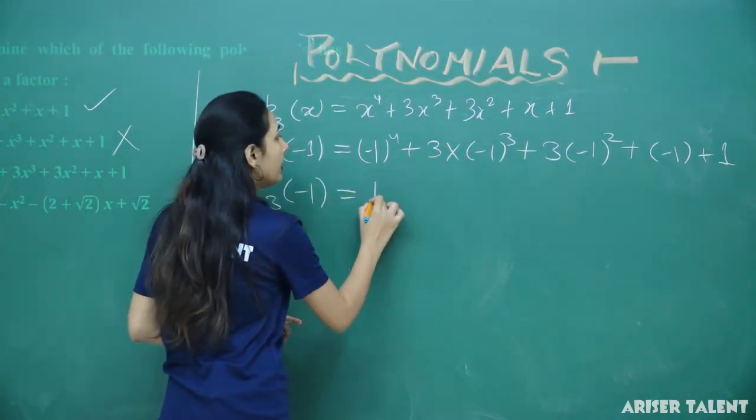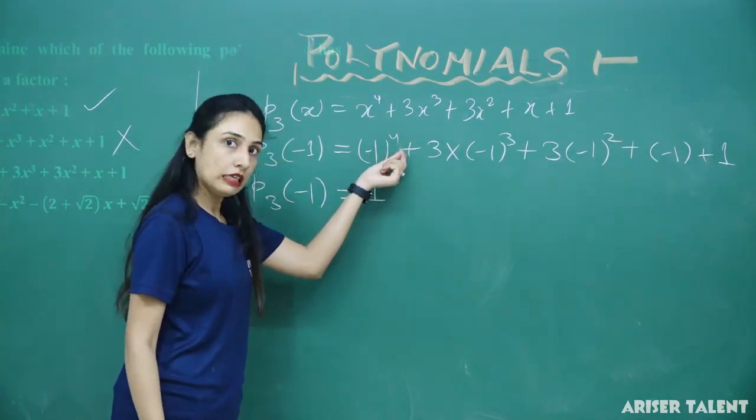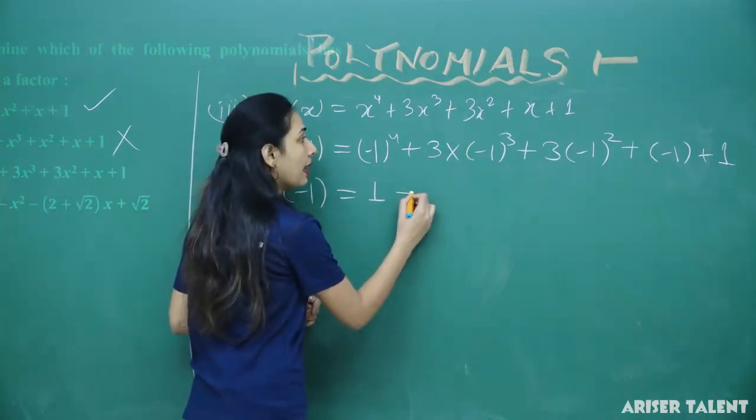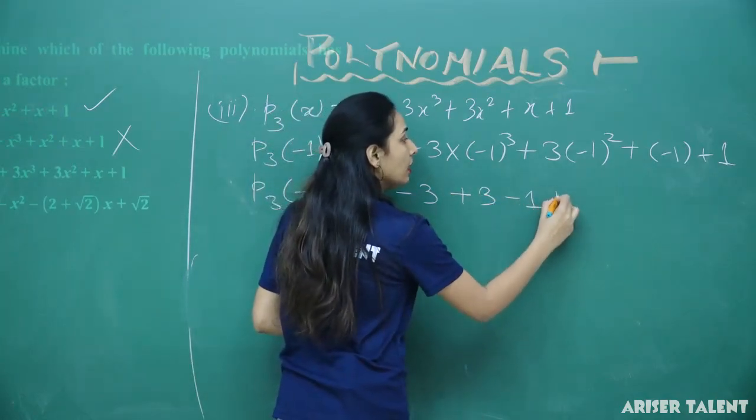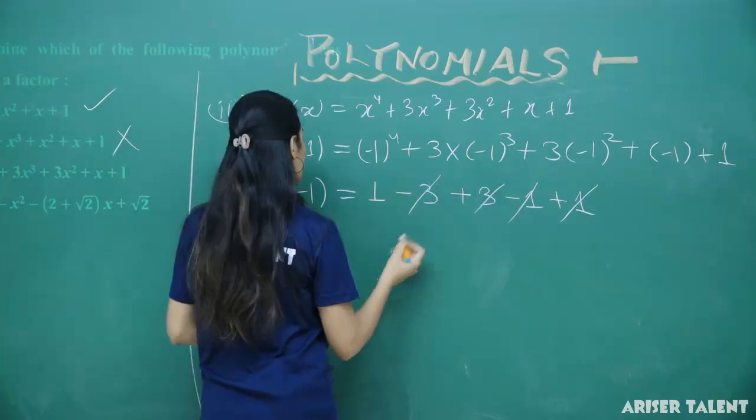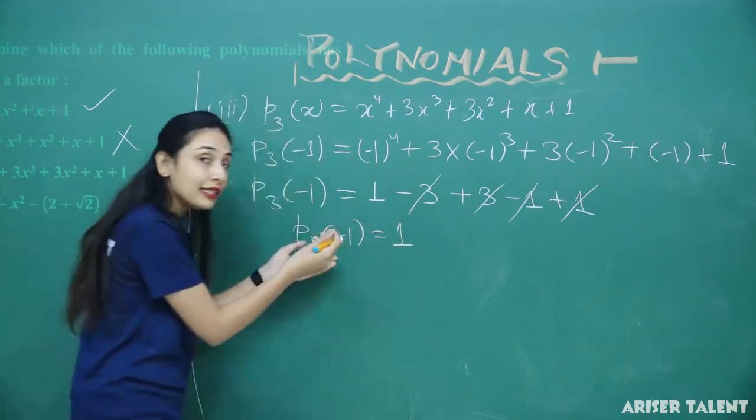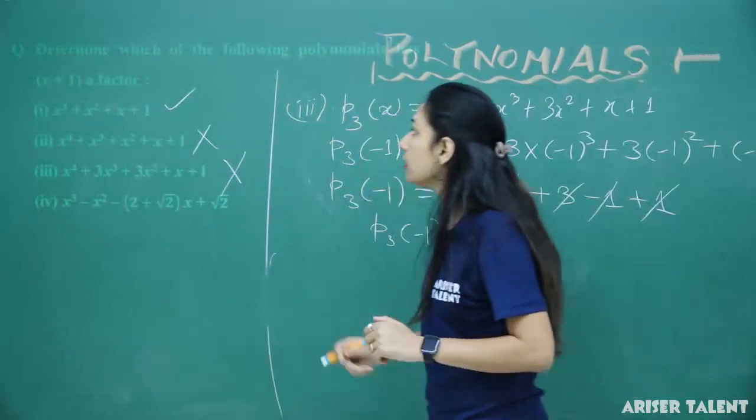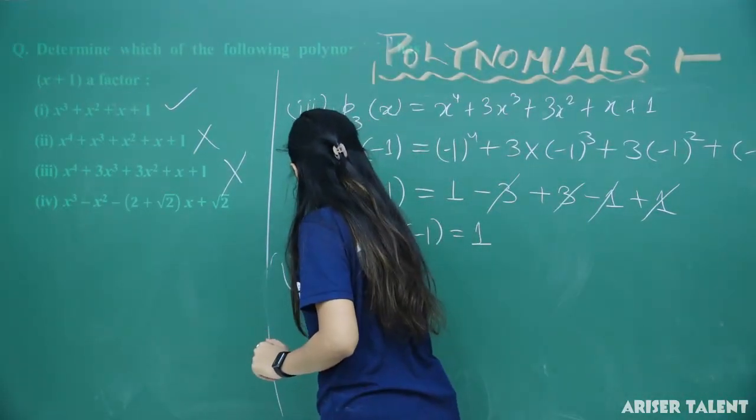Now, that will be even power plus, odd power minus, okay, minus 3 plus 3 minus 1 plus 1. So, minus and plus cancel here, it is also cancelled, but we remain with P3(-1) equal to 1. There is something which is not 0, okay, categorize it as not a factor. The fourth one is P4 here,